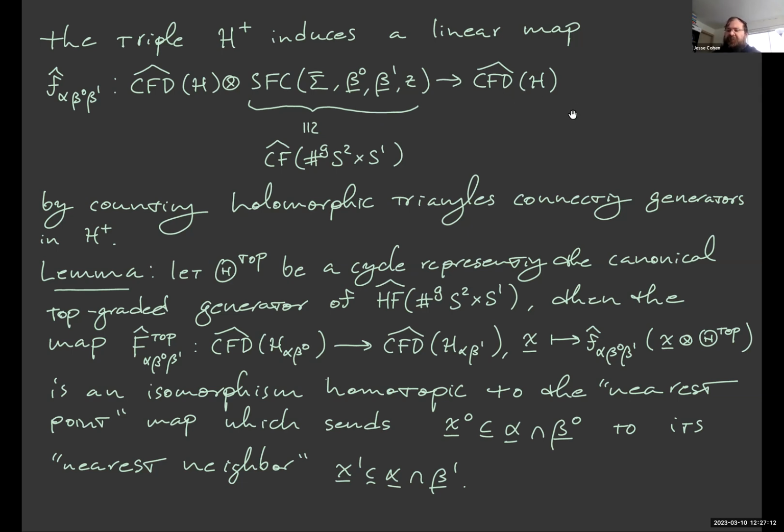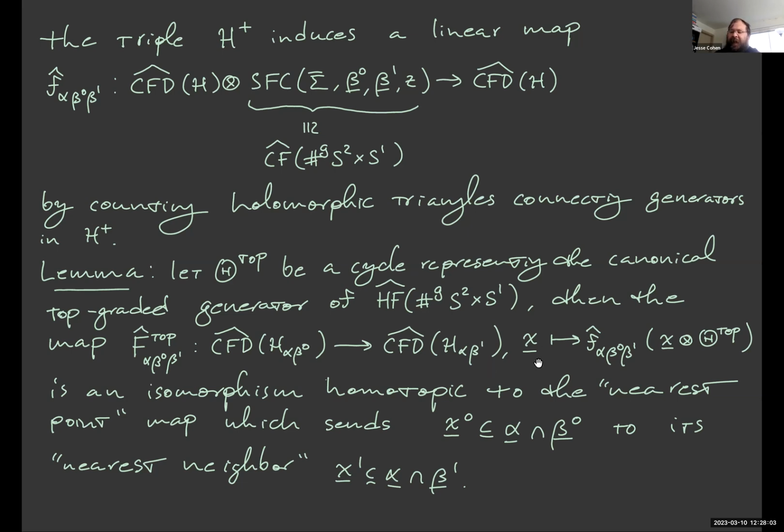And this map lands in CFD hat of H. And the way you get this map is just by counting holomorphic triangles that connect generators in H+. And a sort of standard lemma is that, under the identification of the Heegaard Floer homology of a connect sum of S2 times S1s with the exterior algebra on H1 of S2 times S1, or a connect sum of S2 times S1s, there's a canonical top-graded generator. So if you pick a cycle representing this generator, the map from CFD hat of the alpha beta 0 Heegaard diagram to CFD hat of the alpha beta 1 Heegaard diagram